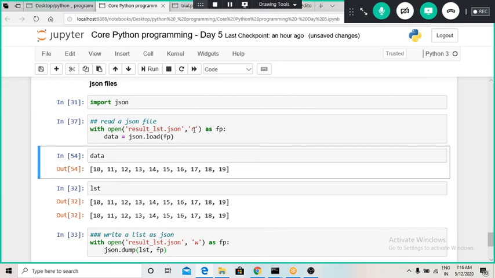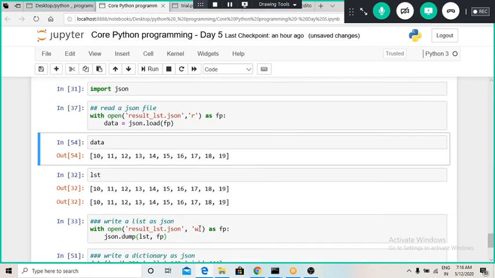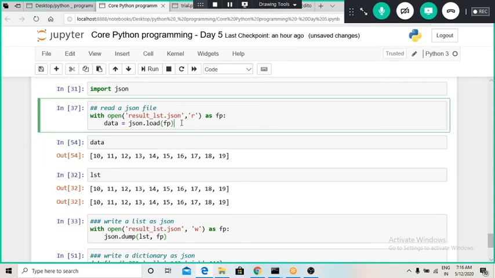But if we want to write a particular file, then we have to make sure we use w over here. Whenever we write a file, this particular operation is called writing a file or dumping a file. Mostly in Python programming, writing a file is called dumping a file.